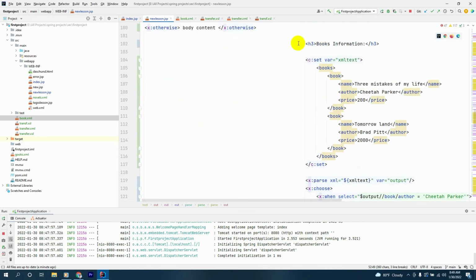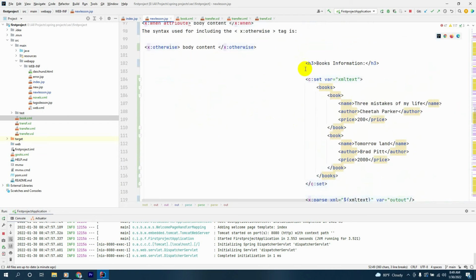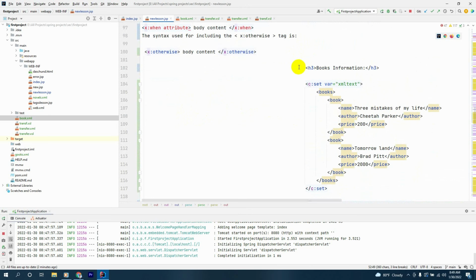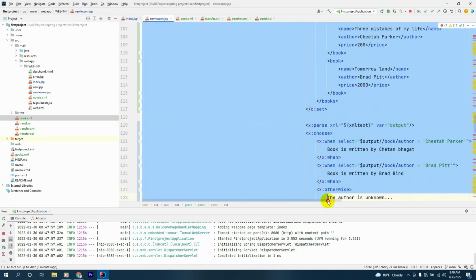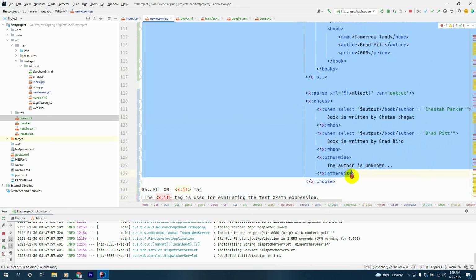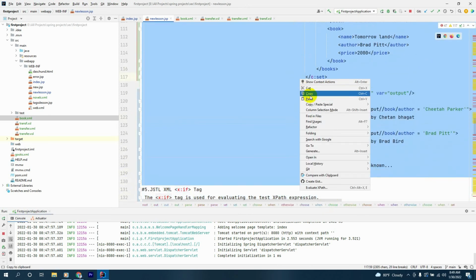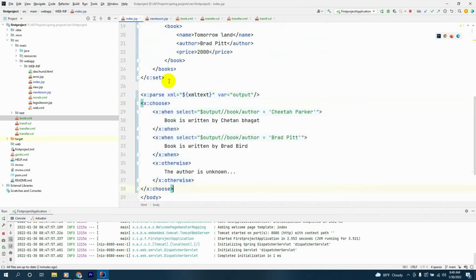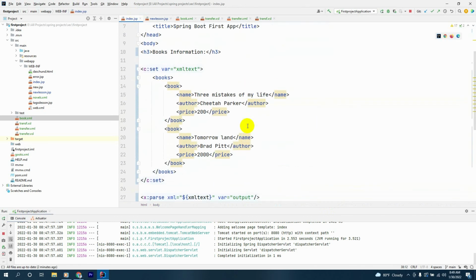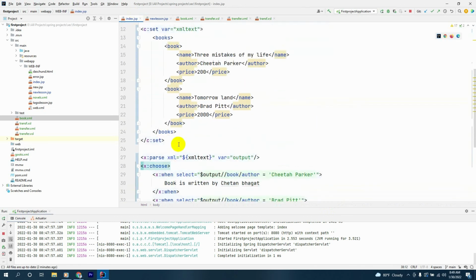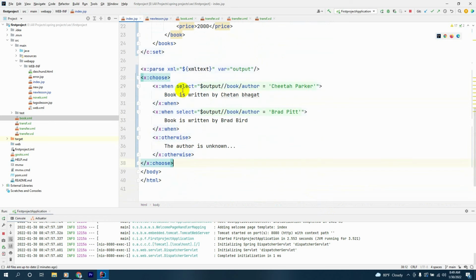Now let's see an example for the choose tag. For the choose, when, otherwise tags, we'll copy this example and paste it here. Here what is done is we declare a books XML called XML text, and the next thing we pass the XML text as an output, and we use the choose to check if the book author is Cheetah Parker, and if it's right,